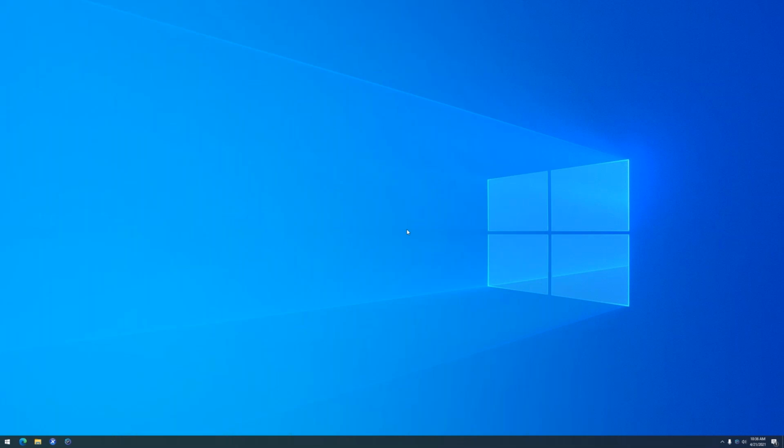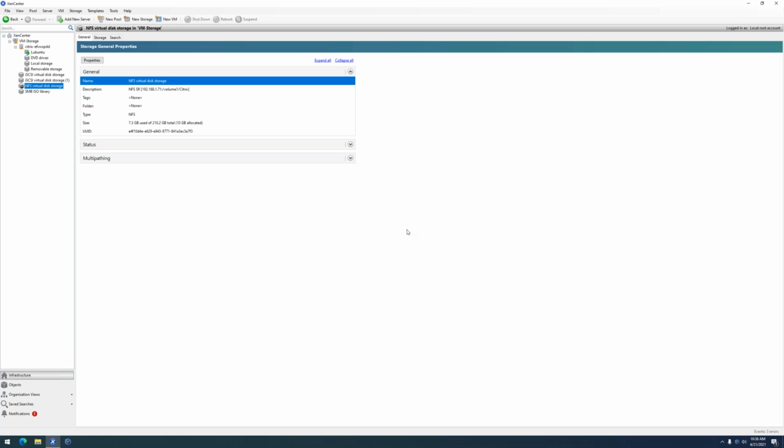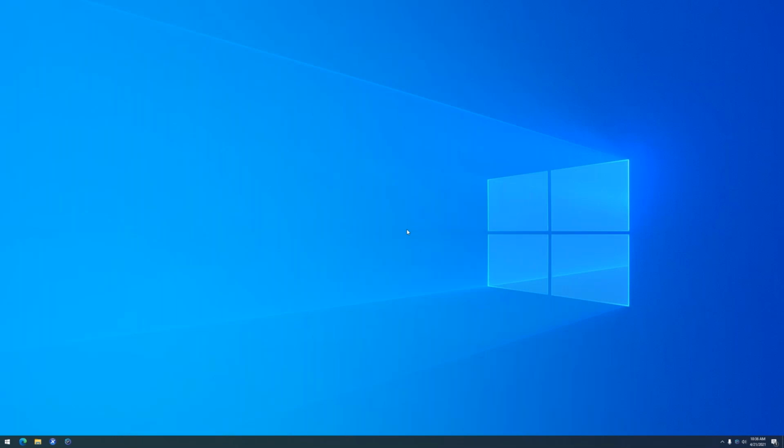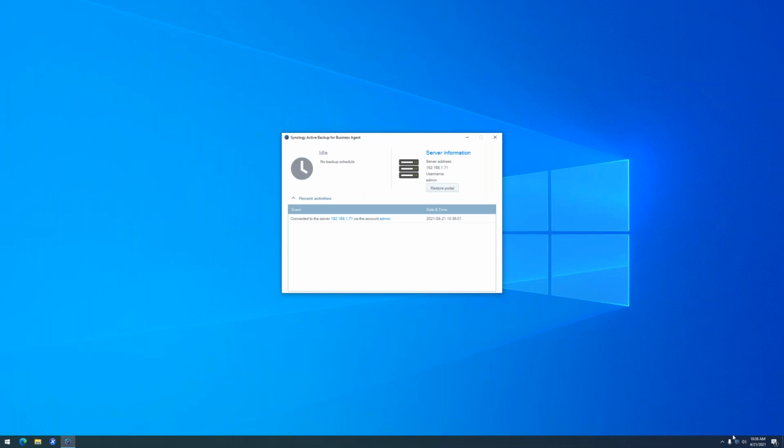If you do this over the internet, I would say to use a VPN. But if you don't use a VPN, you actually can do a direct connection if you forward the right port. And that's it. Do you notice the backup client disappeared right away, because there really isn't anything else to do. The only thing the end user can do is they have a button to the restore portal. The restore portal will let them restore files on their own.